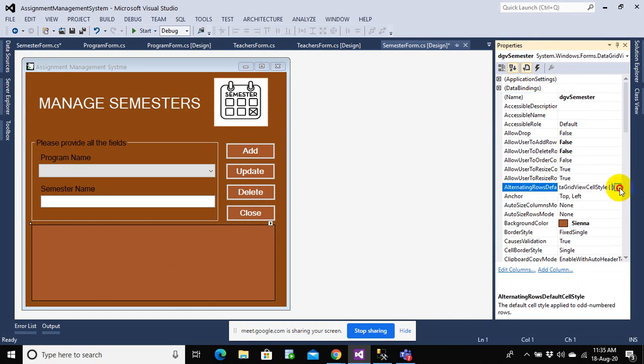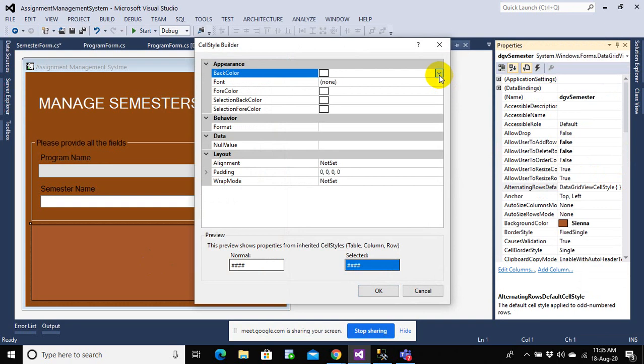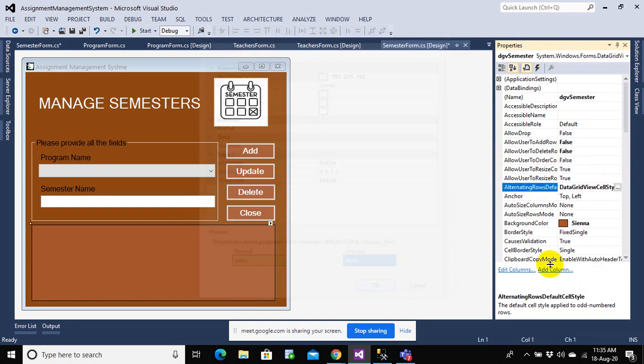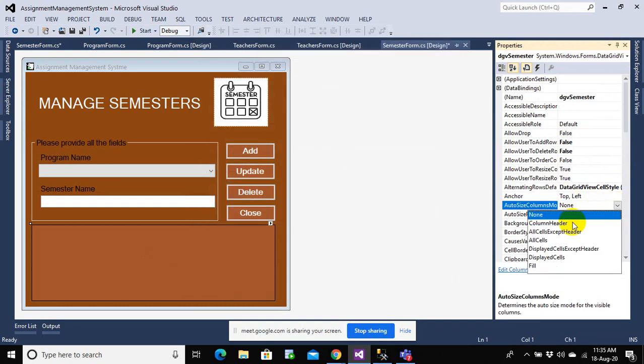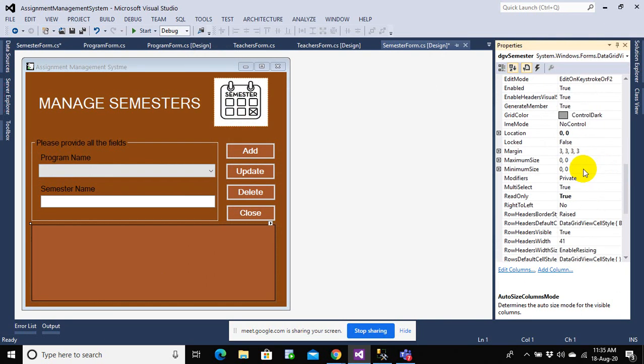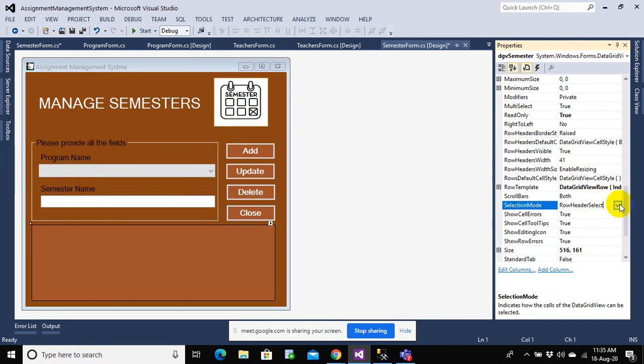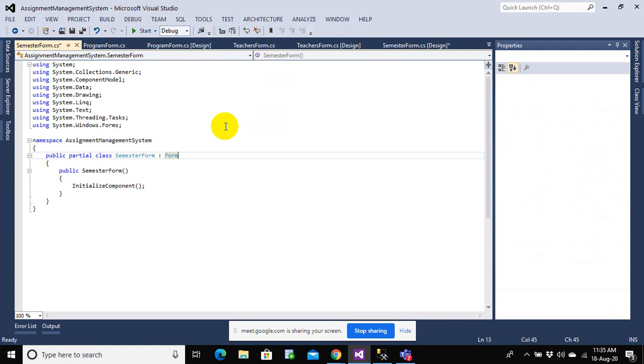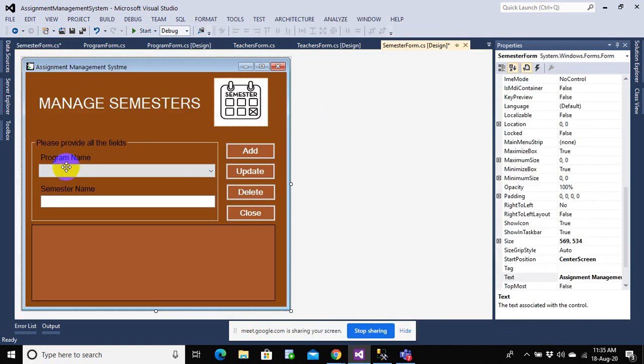and let me choose the alternating rows before I also start any color. Let me choose this one, and let me choose the auto size column of the field. And again, what I can do here is set selection mode to full row select and multi select equals to false. So this is what I want for this data grid view. Once this is done, let me go to the code section,